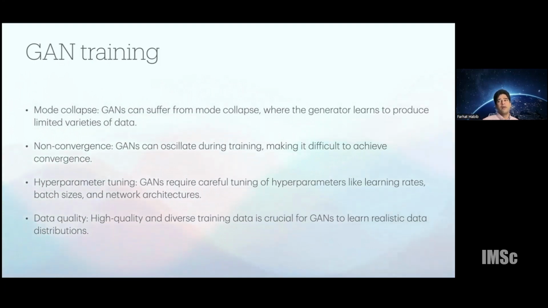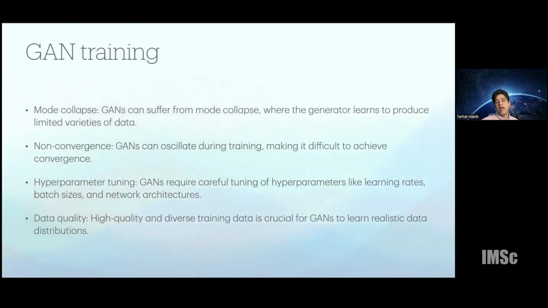Or it might happen that the generator figures out a particular mode in which it's able to pass through the discriminator. So very few kinds of samples start being classified as real, whereas everything else is false. Then the output distribution is not as general as you would like. You start seeing similar images again and again, which pass through the discriminator.